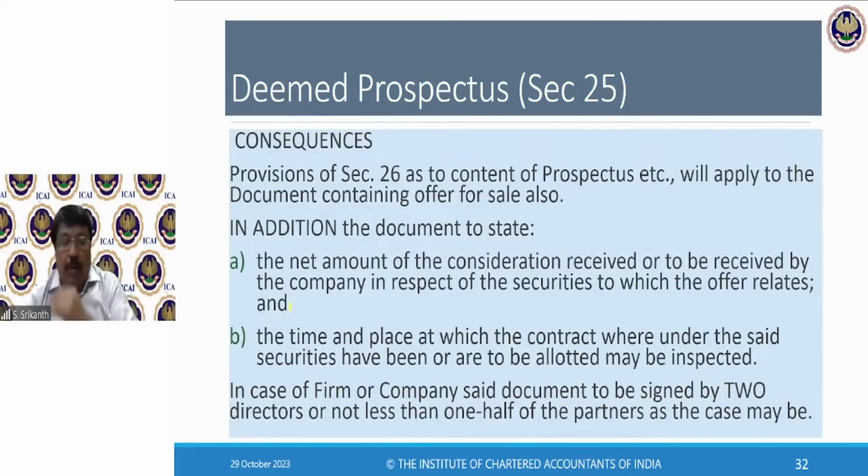When partners jointly hold shares, it will have the color of firm property in the firm's accounts. But as far as the company is concerned, it cannot enter the name of a firm. Only the individual 2 partners, 3 partners, their names will be entered. So the allotment will be made to the firm, but the firm can never be a member. Only the partners will be shown as members. That is how I'm understanding this. Normally, a firm can never become a member of a company.